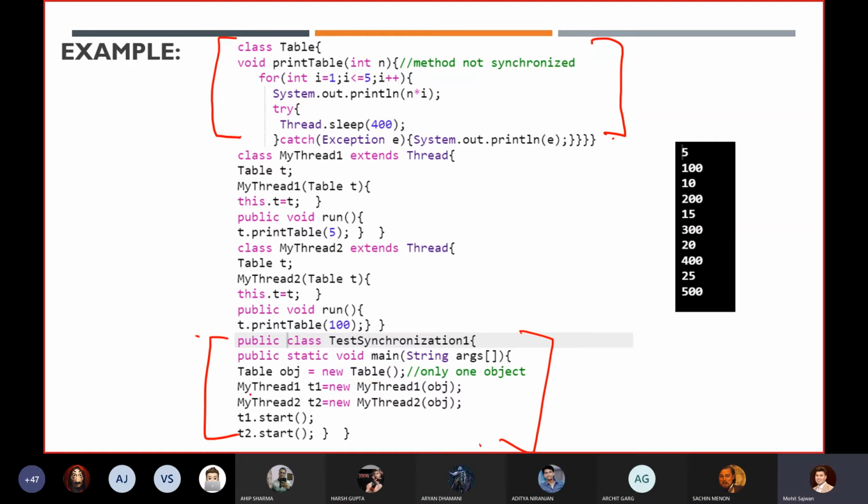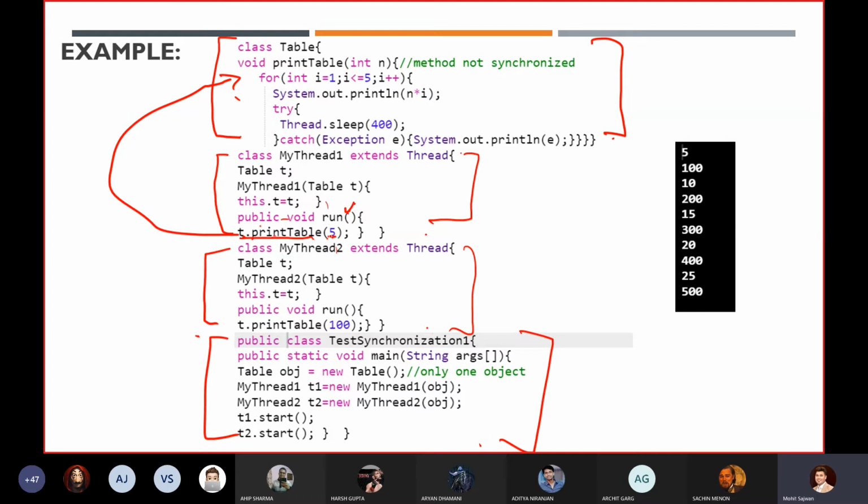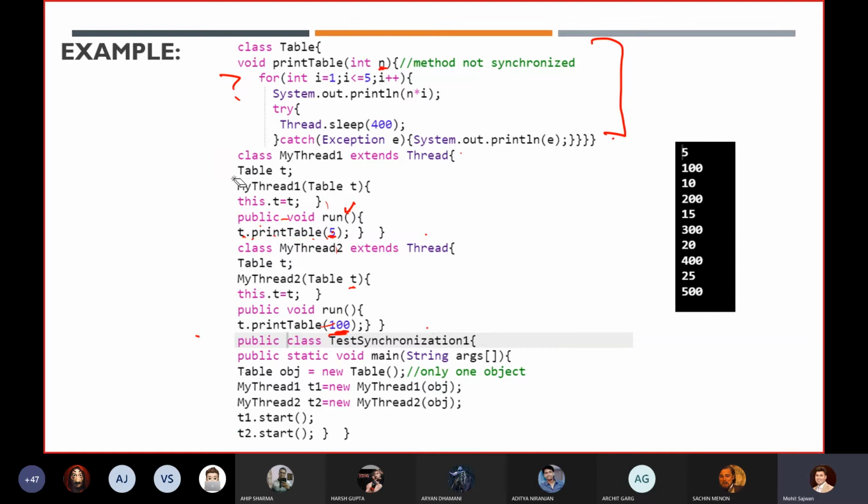Now, after that, I have also created two threads. Right now, I think you already know how we create threads, right? I have created two thread classes separately, both are thread classes. In the thread class, you can see in our public void run method, we are calling this method. We are writing t dot print table, and here we are passing an argument 5 because this is an argumented method, and in the other one we are passing 100, right? Like this. Now if we are going to execute this code,